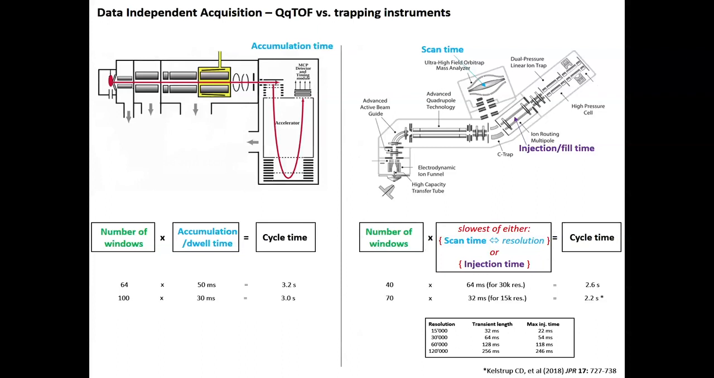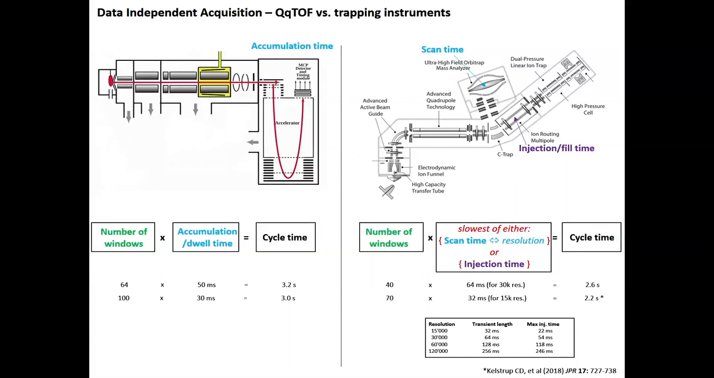But the question is, when playing with this number of windows, where do you actually hit the limits? Is it because of the scan time or because of the injection time? This is a table related to our Lumos instruments, just to give you the range of times that you can play with. This is the resolution that you want to scan at on the Orbitrap. This is the transient length that you need on the Orbitrap to achieve this resolution. And this is the max fill time, the max injection time, that we match in order to account for